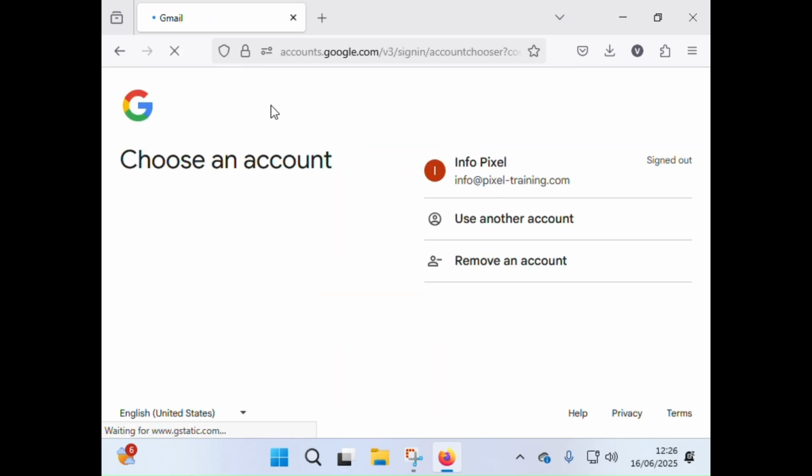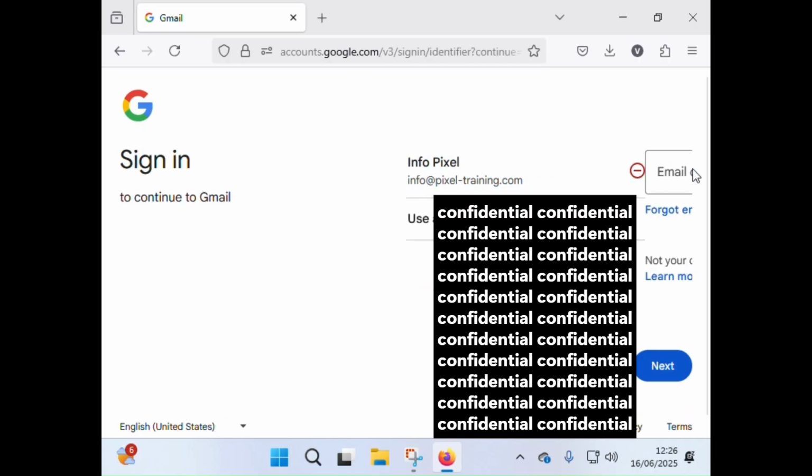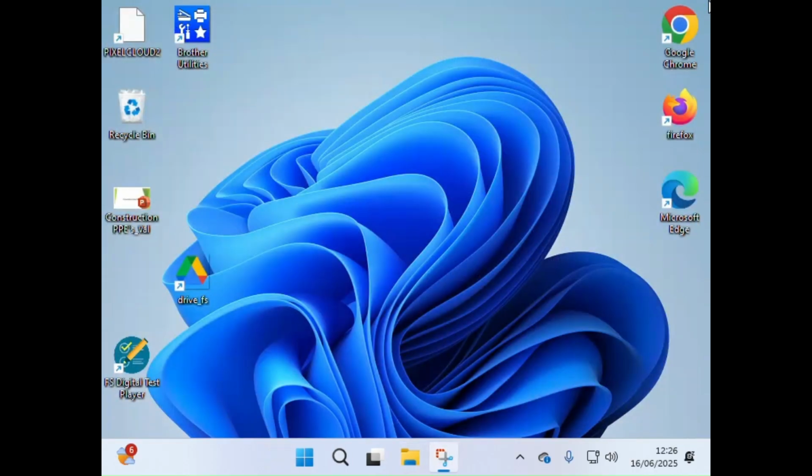Sometimes when you're using a public computer, let's say in a library, where I see my email, I don't want people to see my email address. So all I have to do is remove an account and click on the minus icon. So what happened now? It is not on the